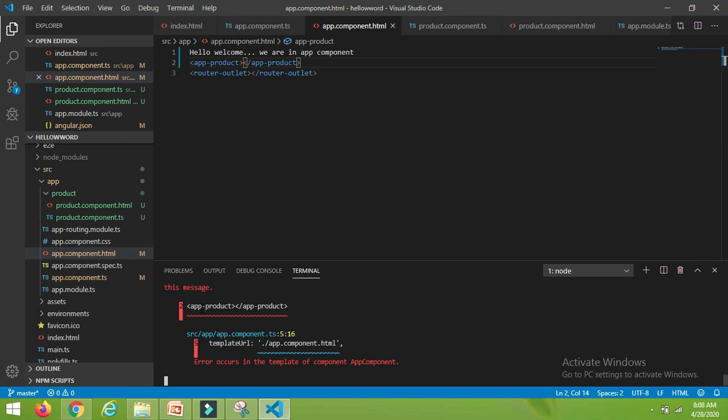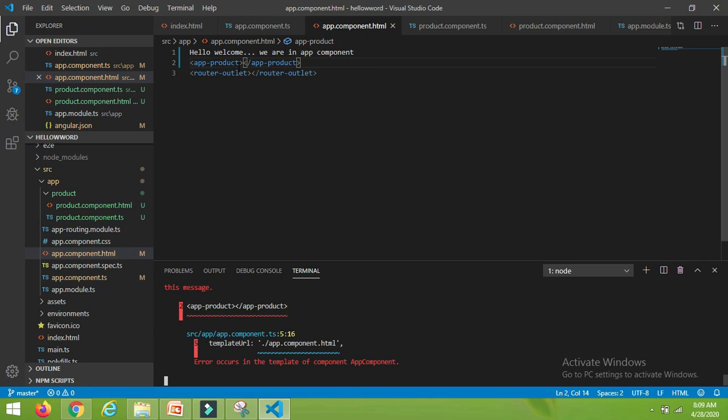component.app.component.html. So it means Angular doesn't understand what this app-product tag is. While parsing the HTML file, it got the tag which we have added, that is app-product, but it is unable to understand what this app-product tag is, because we don't have any component registered with Angular which has the selector app-product. You may have a question: we already have a component with the name product, but guys, we have not registered it with Angular.